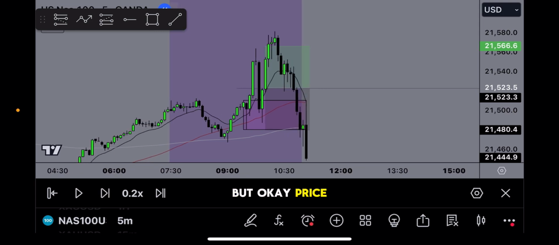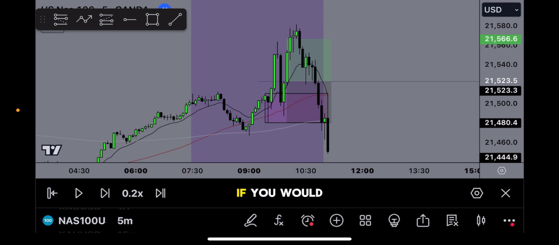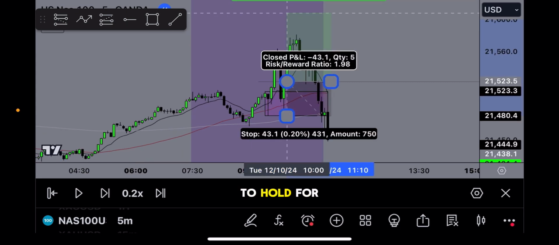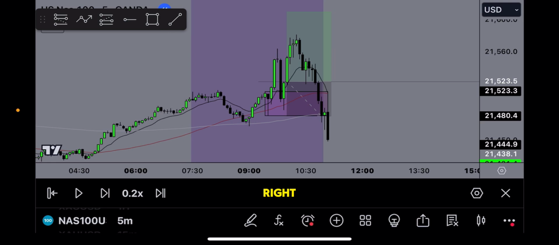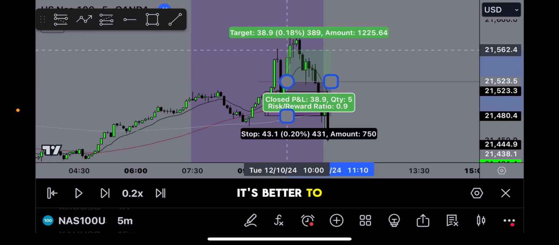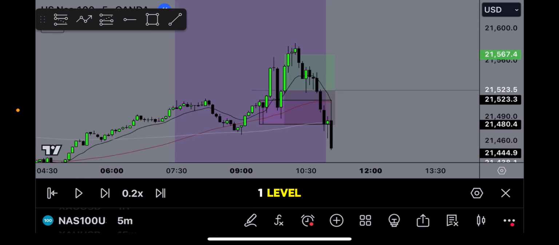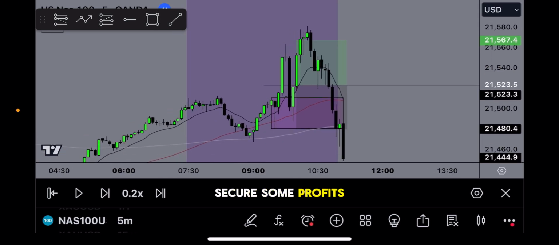Boom. Okay, price came down. If you would have kept holding for a 2-to-1, and you wanted to hold for a 2-to-1, price would have rejected. So that's why at times it's better to just stick to the 1-to-1, and as soon as price reaches that 1-to-1 level, make sure you secure some profits. It could be 80%, it could be 50%, but at least make sure you close out the majority of the money